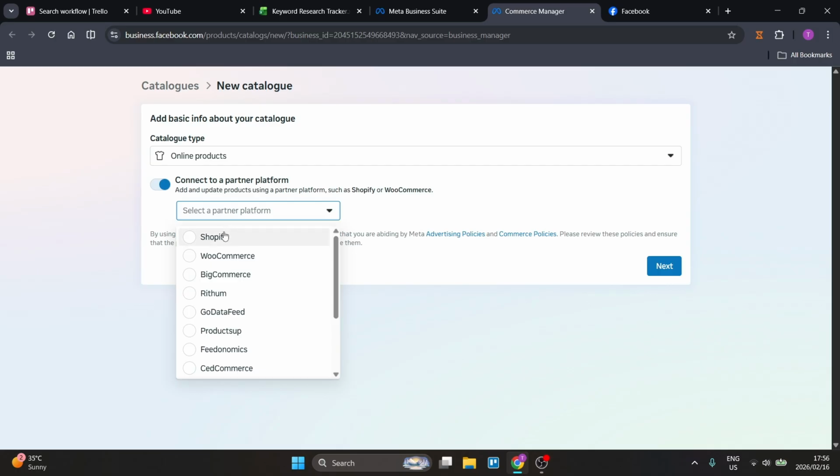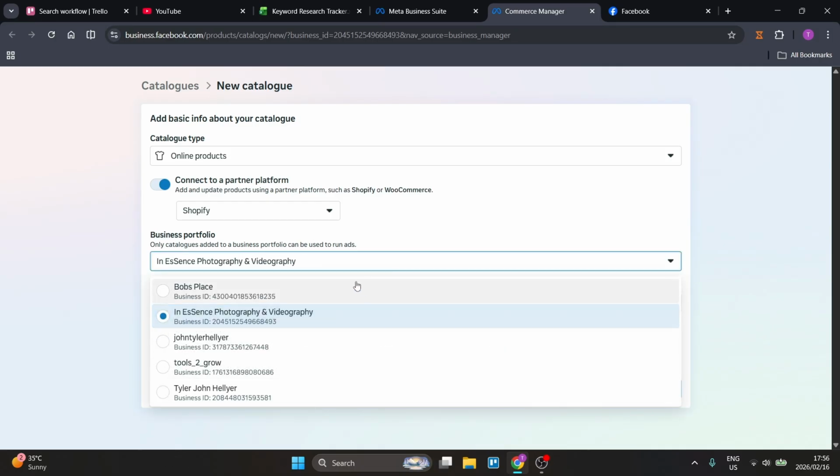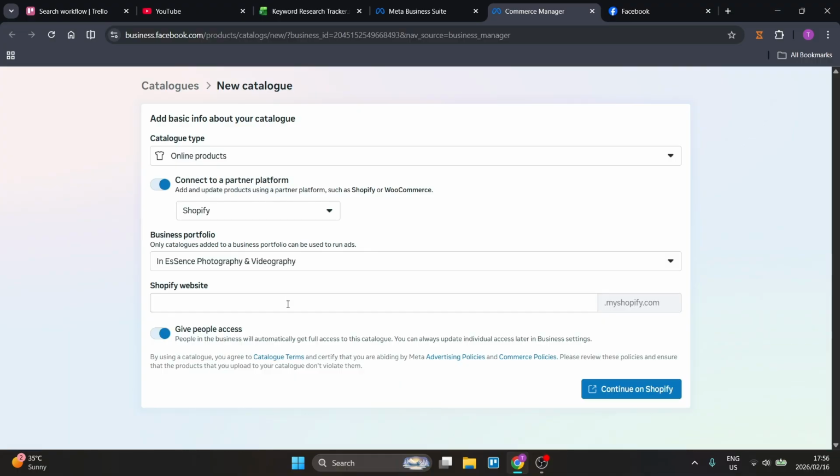So let's say, for example, we're using Shopify. Again, your business portfolio that you are using, you can choose from here. You can also then add in your Shopify website. Now, this will be your website.shopify.com. Whichever other partner you're using, of course, their URL or their website, the name of your shop will be